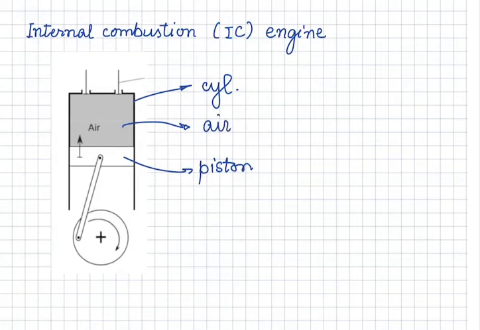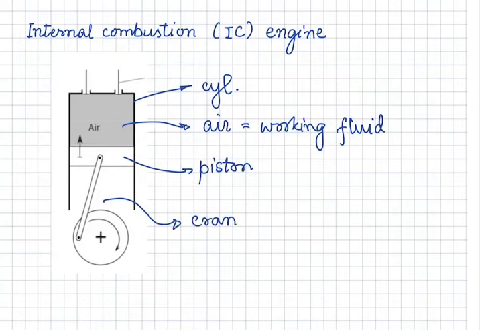For us, it will be mostly air, and this is our working fluid as we defined in the previous lecture. The piston is fitted with a mechanical arrangement, a crankshaft, which converts the motion, which is linear motion of the piston, to the circular motion,